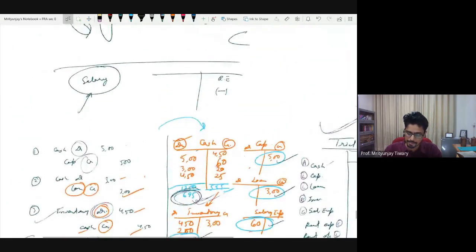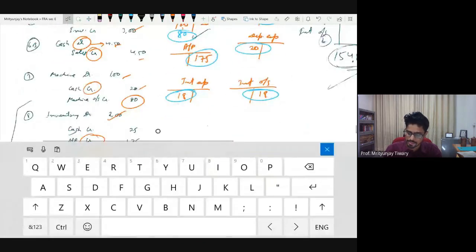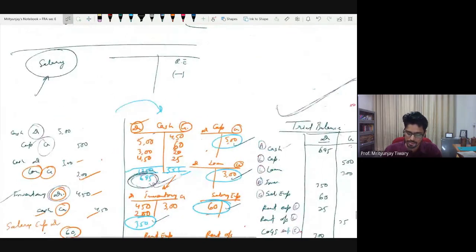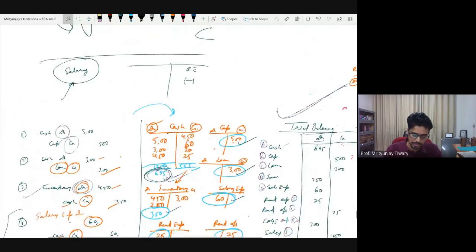The next step is preparation of a ledger. So in a ledger, what do we do? We go to every journal entry one by one and decide if we already have a T account of that particular heading, then we go to the same T account. If not, then we prepare the T account now and we enter the amount in the side that it is mentioning. For example, here it is mentioning go to the cash T account and in the debit side mention 5 crore rupees. So this is what we'll do, we'll go to the cash T account and in the debit side we'll mention 5 crore rupees.